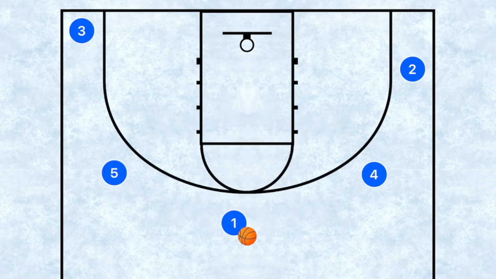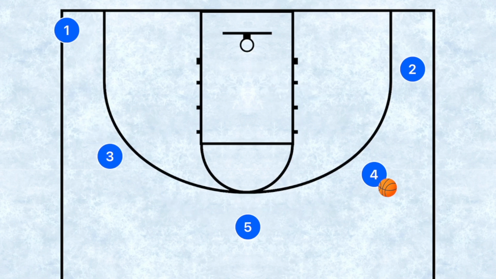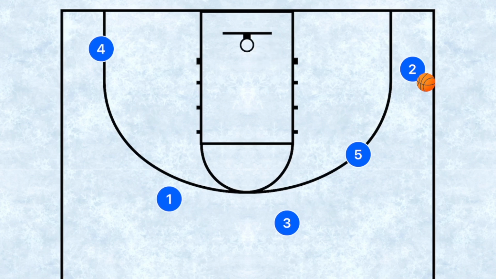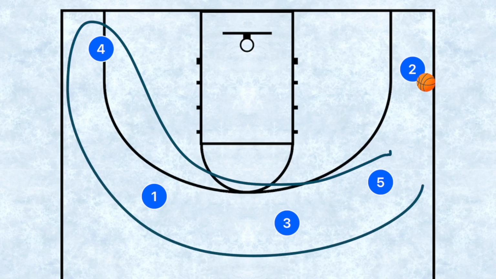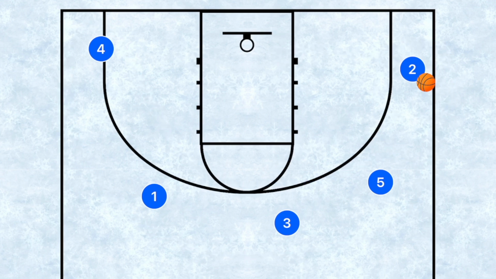You can check out the 5-out offense too, but a really good example of this would be a pass and cut. With a pass and cut, it becomes really robotic. And teams just run through the exact same motion over and over and over again. Pass, cut, fill, fill, fill, fill. And they go through the exact same options. Meanwhile, there's these guys not caring about anything other than I need to get that ball back because I want to score. So instead of just saying pass and cut and blah, blah, blah,